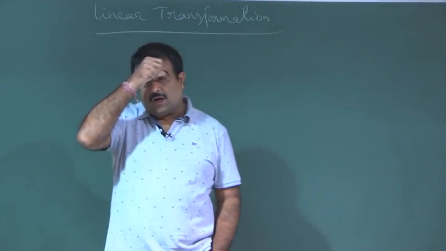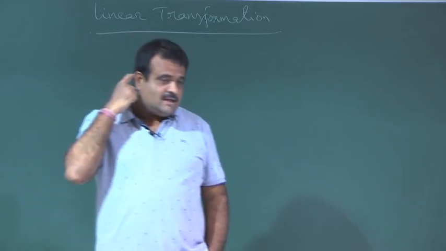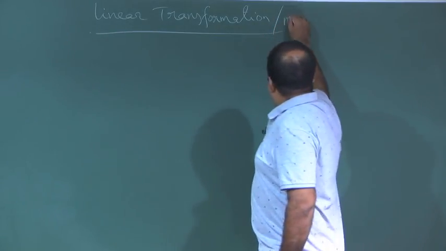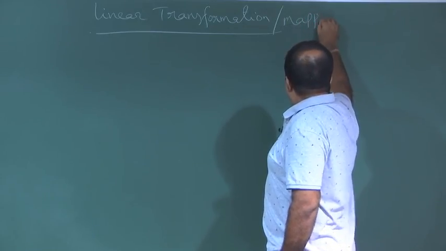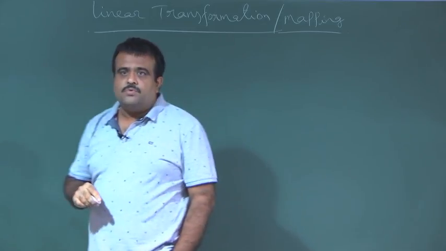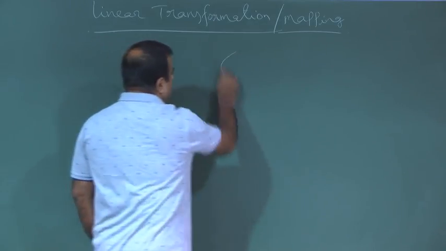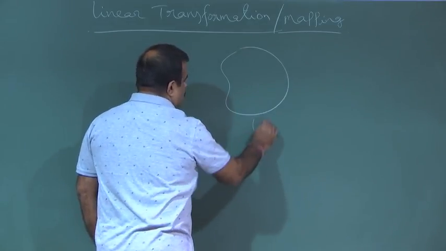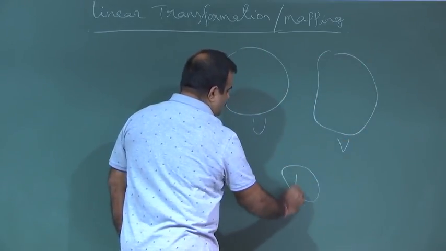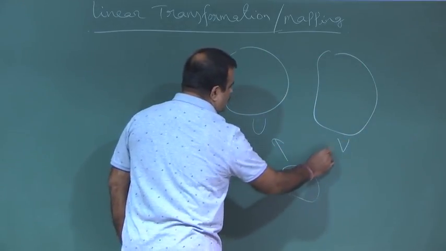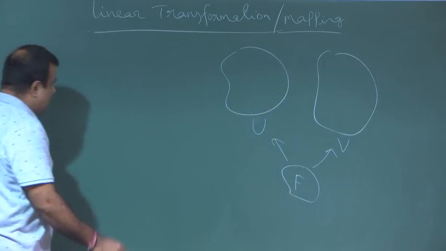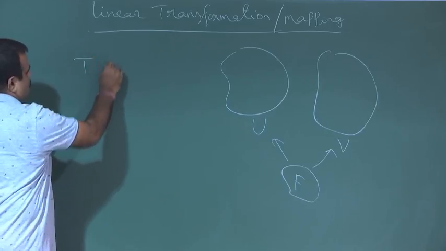Okay, so we will start with the linear transformation, or it is also called linear mapping between two vector spaces. Basically we have two vector spaces U and V over the same field F. That is required. U and V are two vector spaces over the same field, and a mapping from U to V